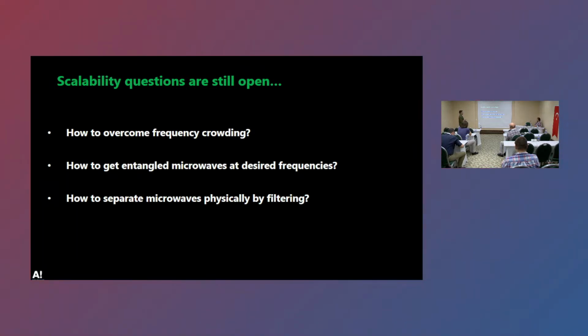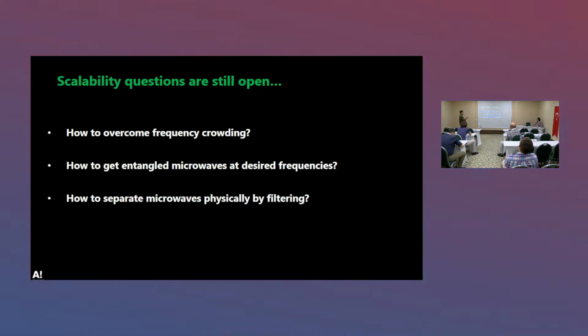It's a nice platform, but how do we overcome frequency crowding? Because if we deal with 7 megahertz, we cannot place, I don't know, 50 modes there. We cannot basically separate them from each other. It becomes too dense. So the next question is how to get entangled microwaves at desired frequencies, because here, okay,